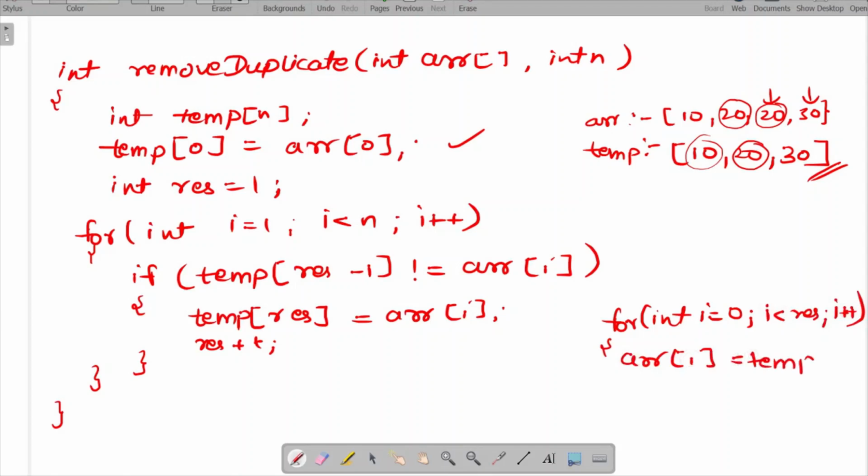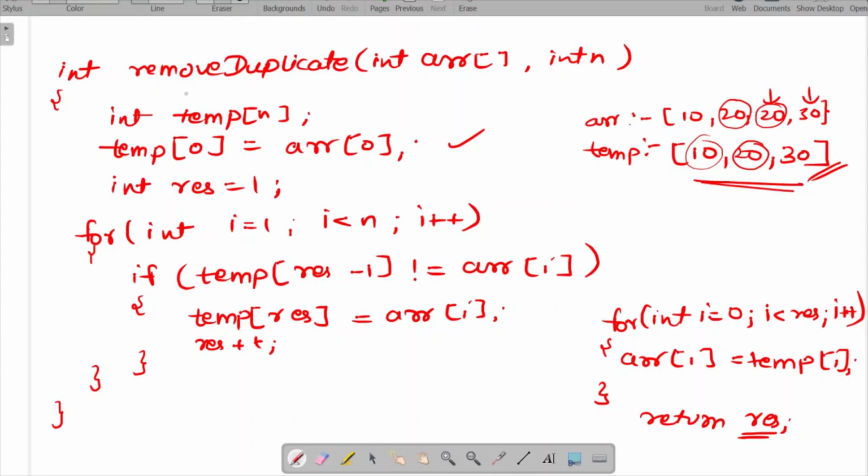What this will do is simply copy all the elements of the temporary array into the given array, and at last we will simply return the result value, which contains the size of the temporary array or the size of the new array that we have got, that is 10, 20, 30, which is 3. So this is the code for the approach where we have taken extra space.